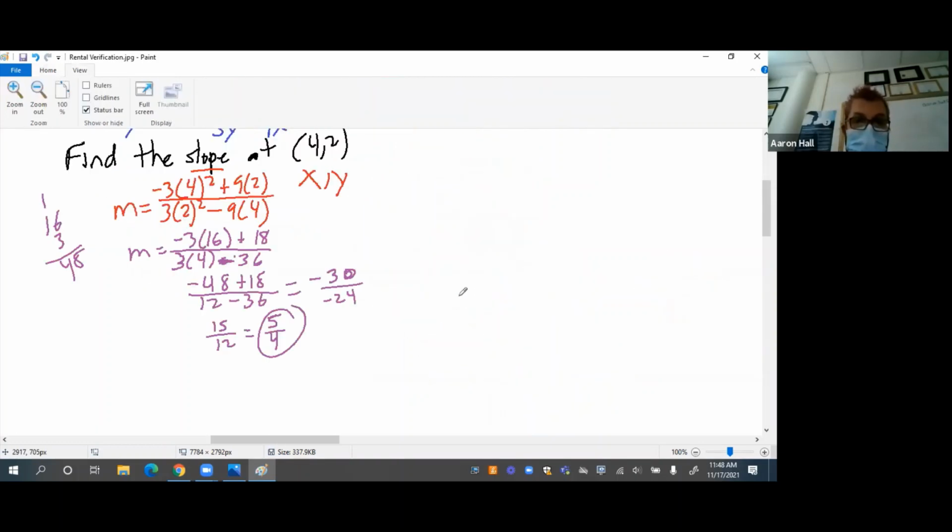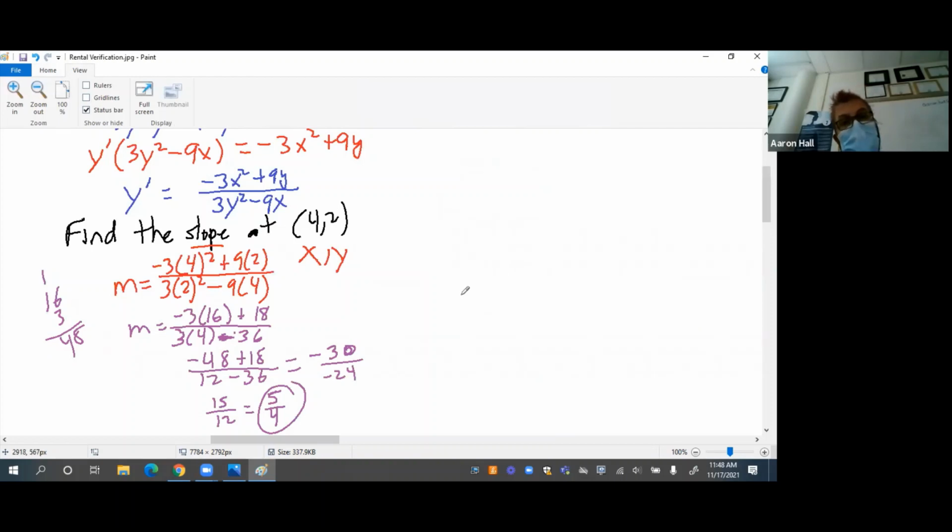The slope where? At 4.2. Yeah, the slope at 4.2 is